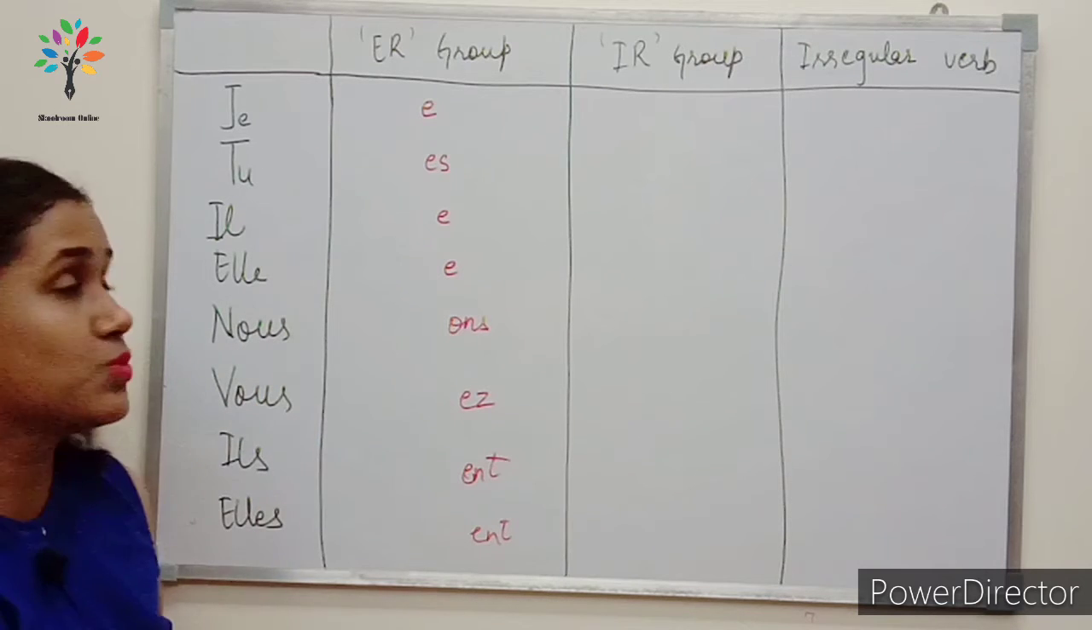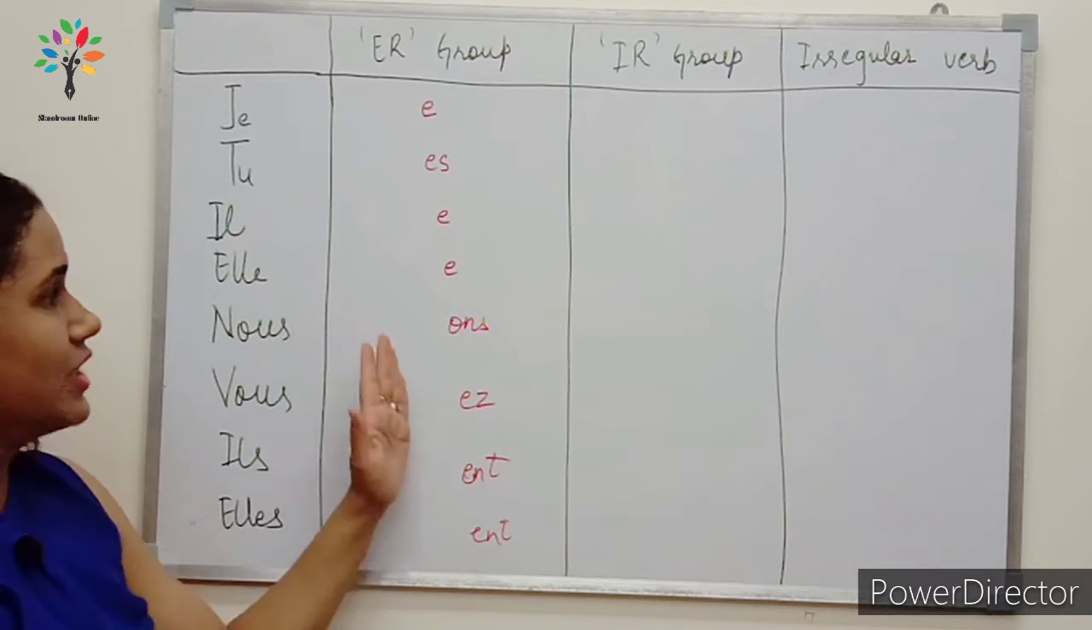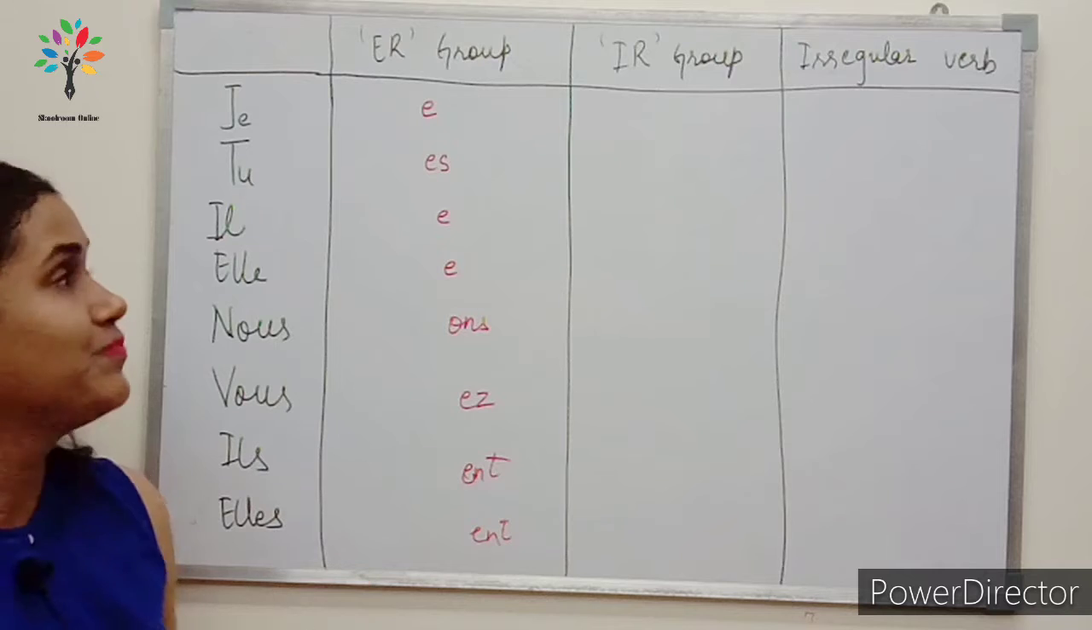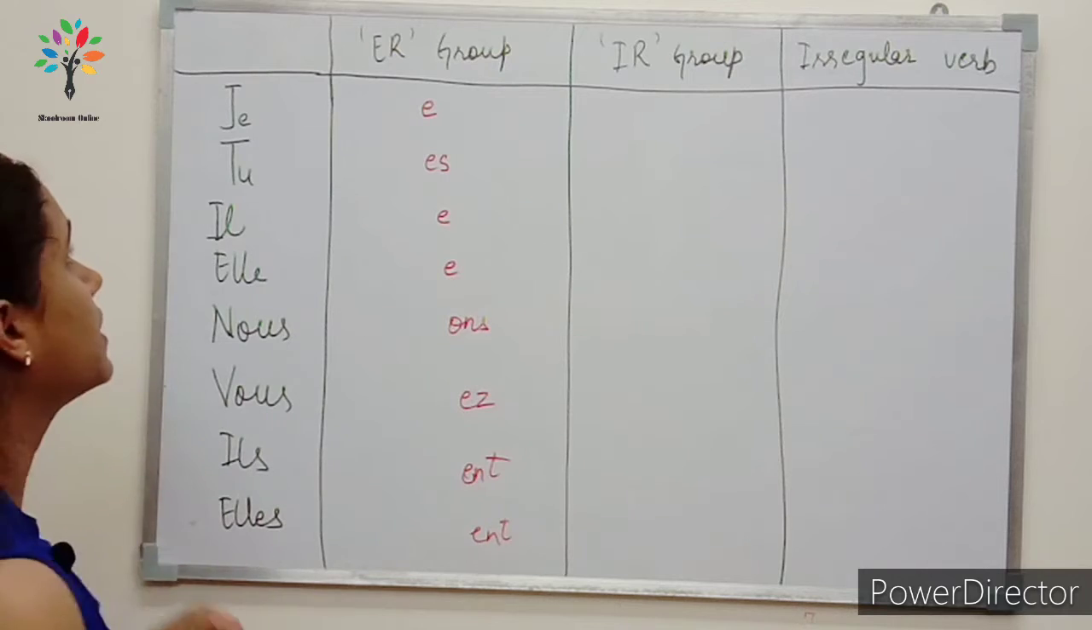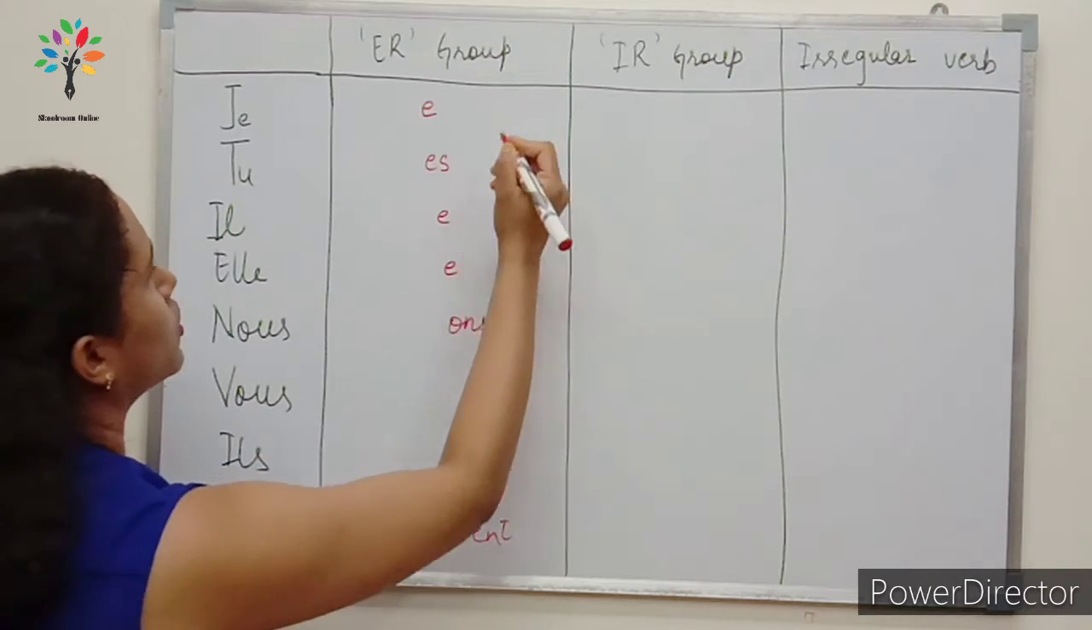How will we conjugate the verbs like this? Now let me explain this with the help of an example. Let's take the verb parler. Parler means to talk, to speak. So what do